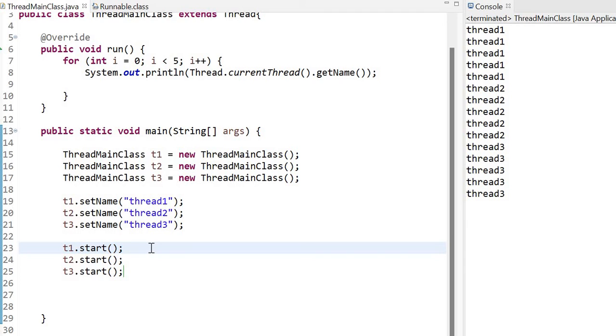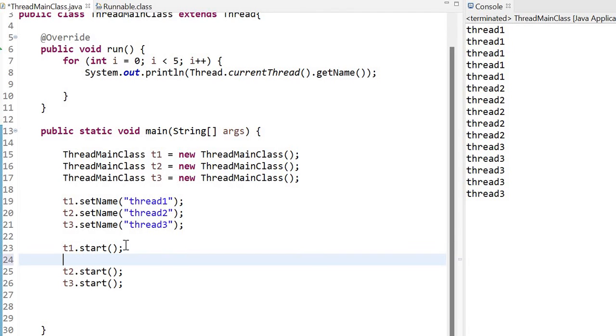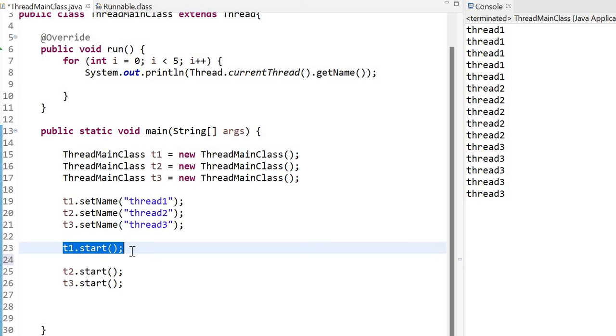What I want is the T1 thread should finish its task completely. Only after that, the T2 thread should start. So what I will write over here is, I want the join method to be performed